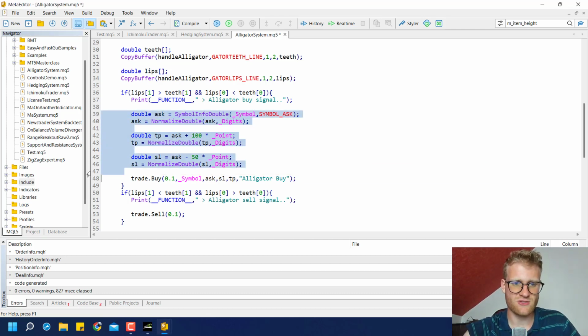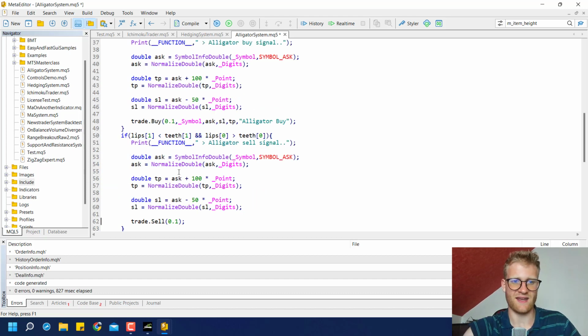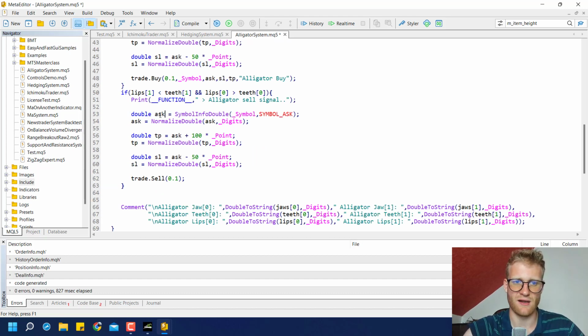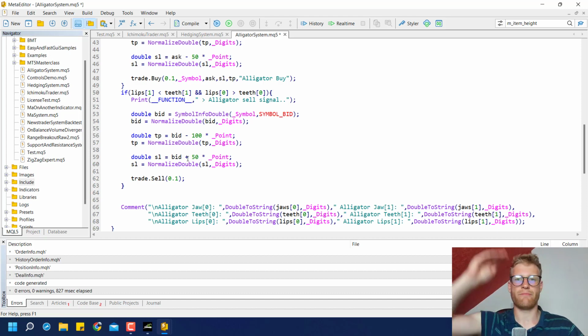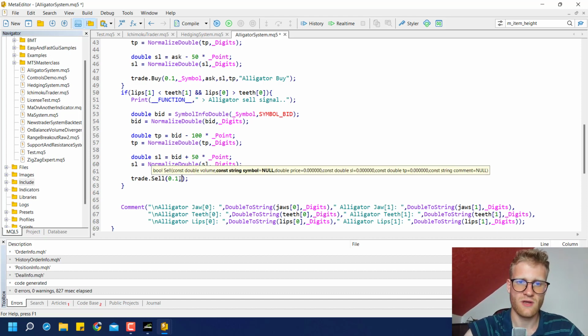So now let me just copy these lines here and add them here for the sell signal. In this case, we open sell positions at the bid price, so we have to make some adjustments here. And then we calculate the TP a little bit differently because the TP is below the opening of a sell position, and the SL is of course above the position open price. And then the rest is pretty much the same. We provide all these values here and we say it is an alligator